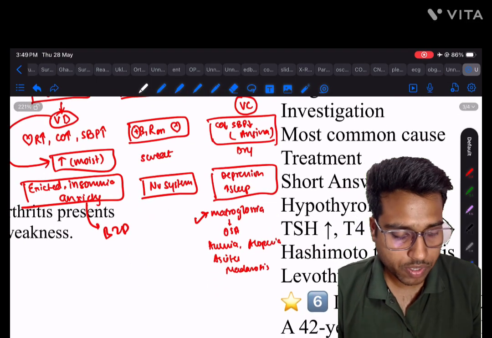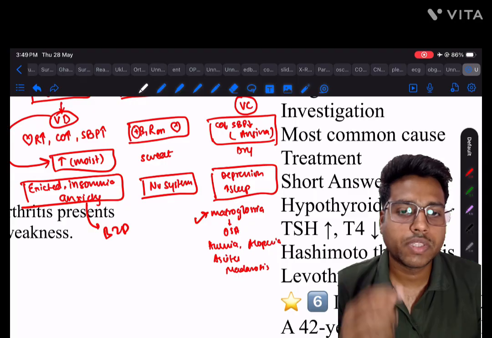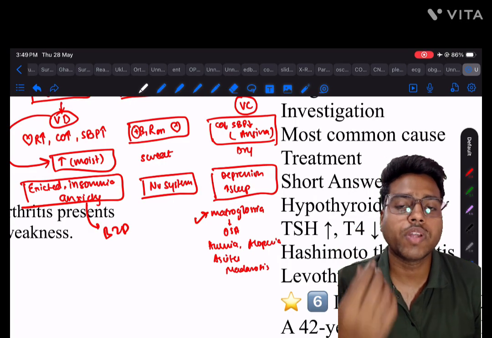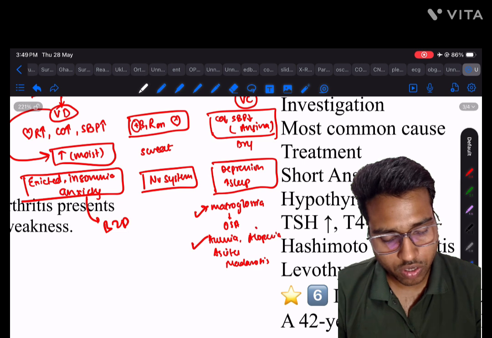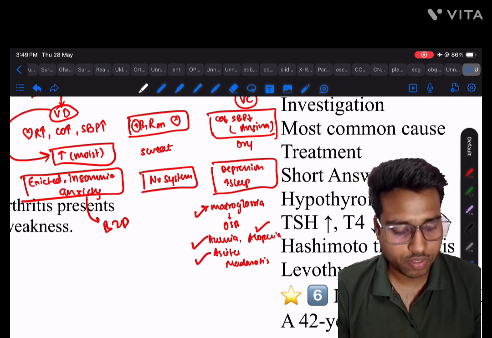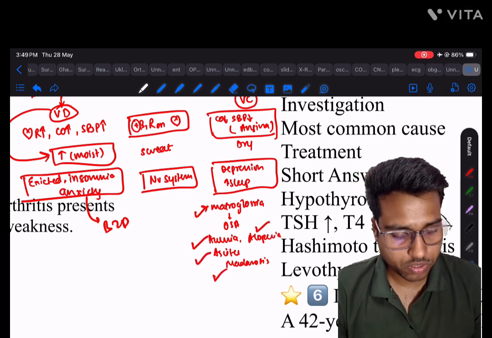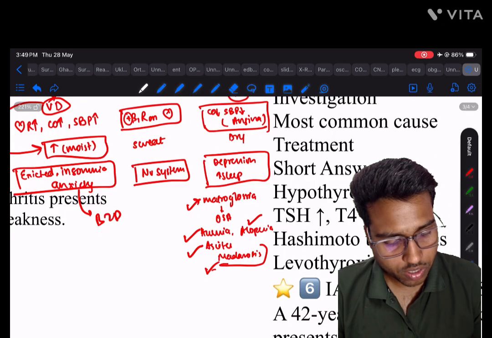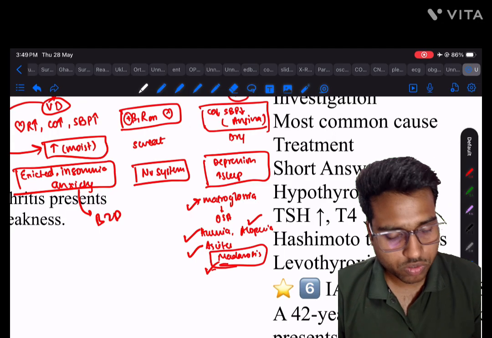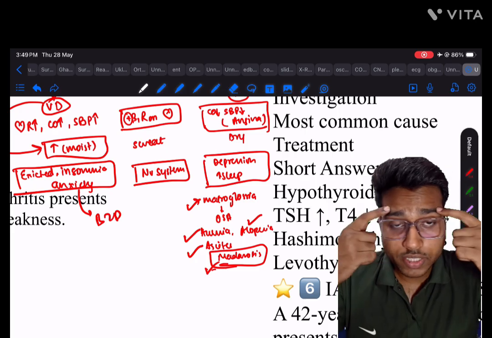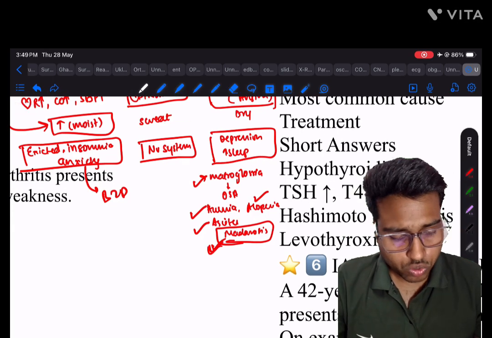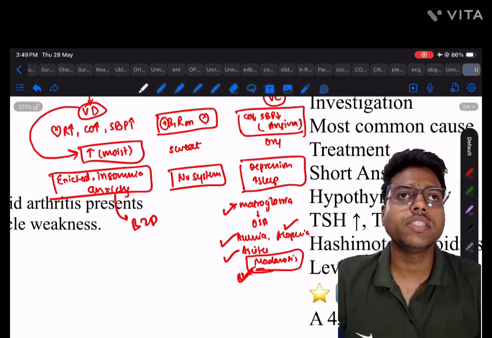Also this is very important, macroglossia. There is an increase in size of the tongue that will fall behind when the patient sleeps, there will be obstructive sleep apnea, okay. Also anemia, alopecia, ascites, madarosis. Why is there anemia? You find the cause, okay. And what is madarosis? You will learn this in ophthalmology. The hair on the side, the eyebrows, disappear. So this is the clinical sign, you have to just imagine how the patient will come.